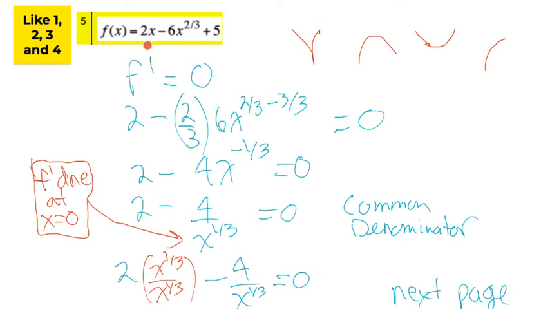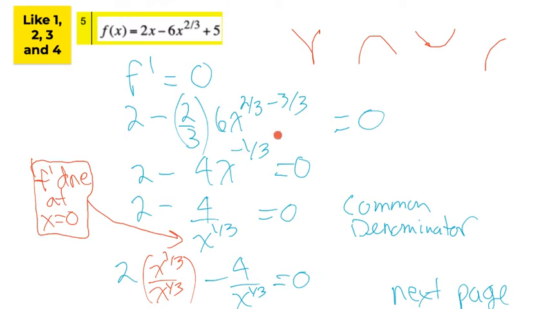So the derivative of 2x is 2. Then we do the derivative of this. Okay, so the 2/3 comes to the front, 2/3 there. And then I have to reduce that exponent by 1. So notice this is 2/3, so I subtract off 3/3. So whatever the denominator is here, that's what I use right here to make a whole, make 1. So that becomes negative 1/3. So what we do then is